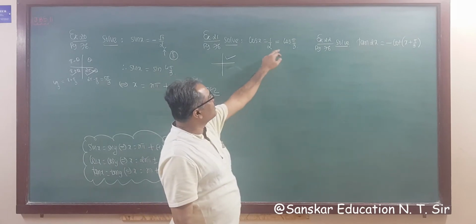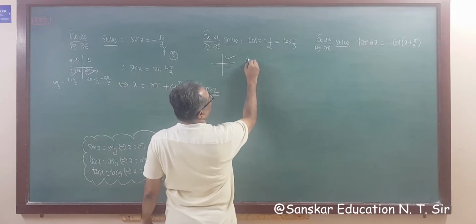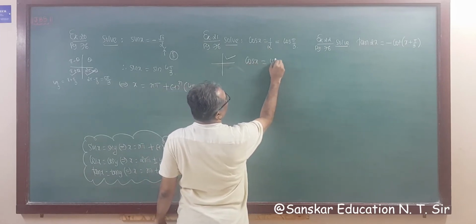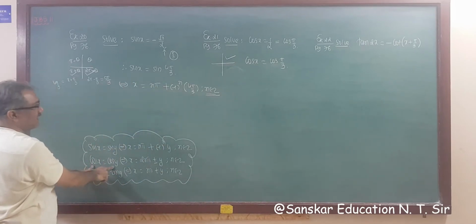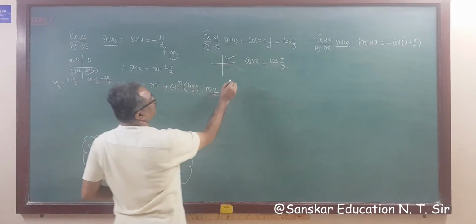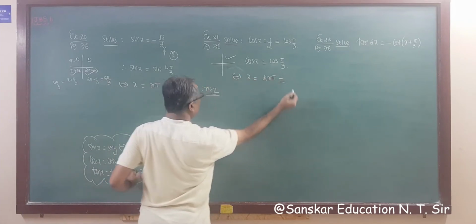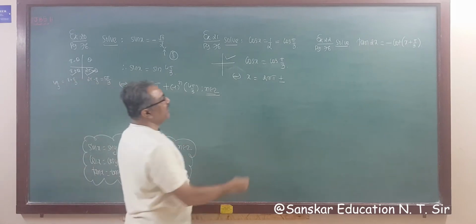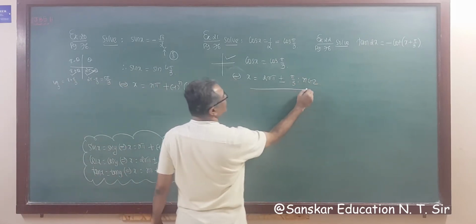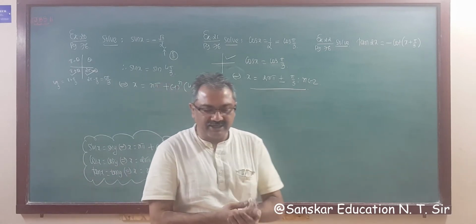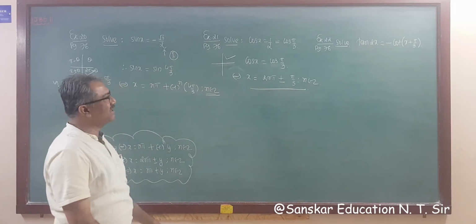Cos is positive in the first quadrant, so pi by 3. So cos x is equal to cos pi by 3. That is, cos x is equal to cos y. Then x is equal to twice n pi plus or minus y. What is y? Pi by 3, and n belongs to Z. So this is your solution set, right? The solution set of this is x is equal to twice n pi plus or minus pi by 3, n